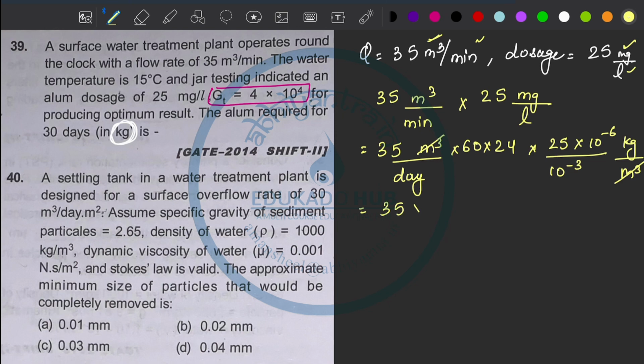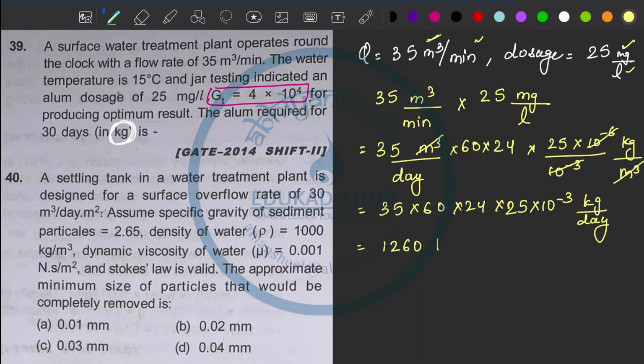Whatever value is there, 60 into 24 into 25, and this 10 to the power minus 3 cancelled out to be kg per day. This much kg per day comes for the alum dose. So I have changed it to how many kgs of alum will be required per day. So if I calculate it, 35 into 60 into 24 into 25 divided by 1000, it comes out to be